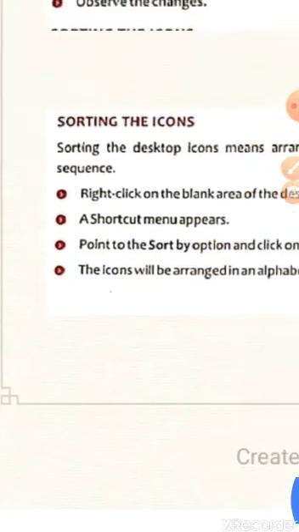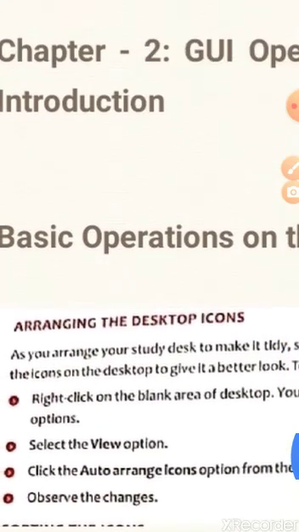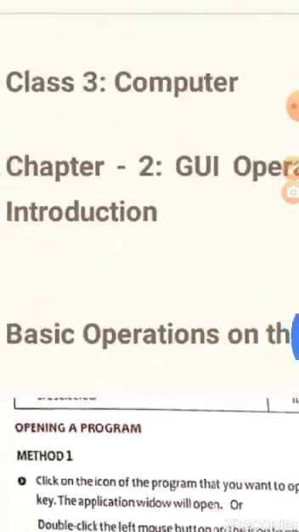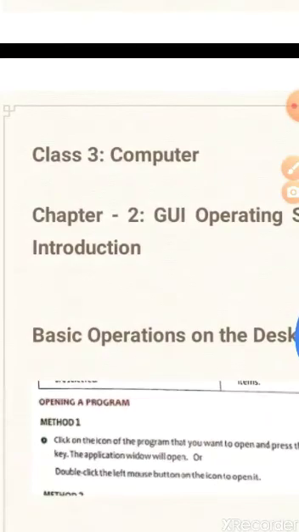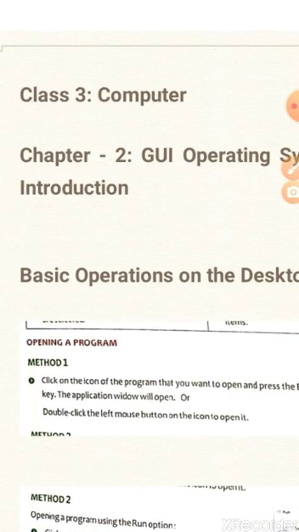So that's all for today, students. You have to learn them. You can practice them on the computer using these steps. For all these things, you need practice. You practice on the computer and read the chapter well and do the exercises sent by me in the PDF file format in your copy. That's all for today, children. Thank you.